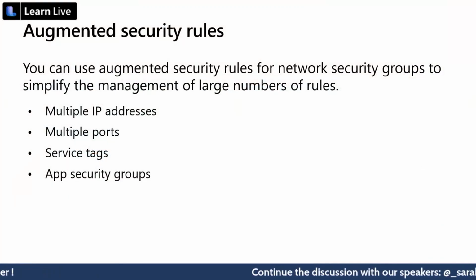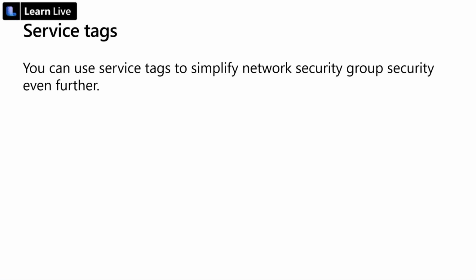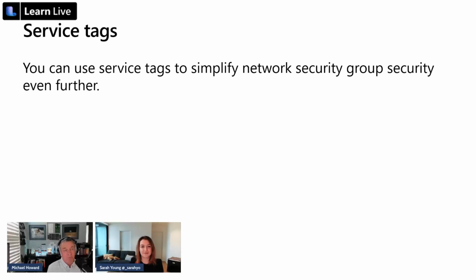And actually, to be honest with you, the really good example is service tags, which, funny enough, is the next topic. Going on to. So service tags are really, really cool. They allow you to say, I will allow communication inbound from Cosmos DB. You don't need to know the IP address ranges. You don't need to know them. Just say Cosmos DB.